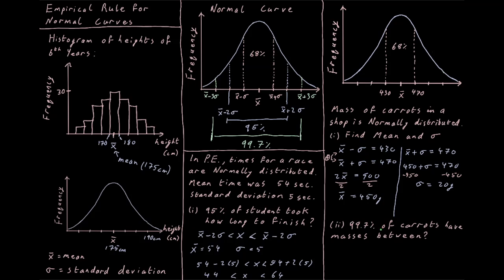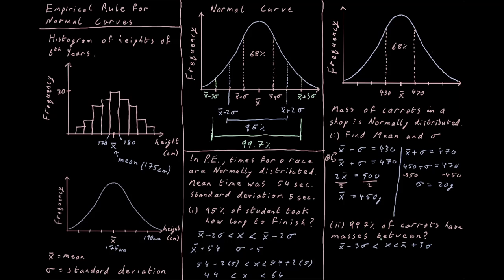Now, 99.7% of our carrots have masses between what? So we want to know 99.7%, or almost all of our carrots, will have masses between what value? Well, 99.7 is again part of our empirical rule. That's plus or minus 3 standard deviations. So we know we would be dealing with x bar minus 3 standard deviations and x bar plus 3 standard deviations would be covering